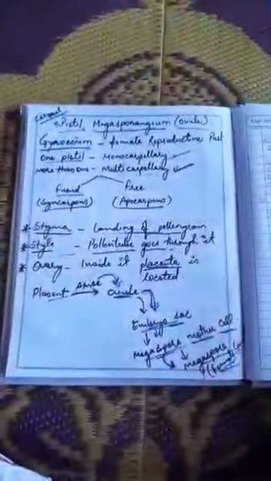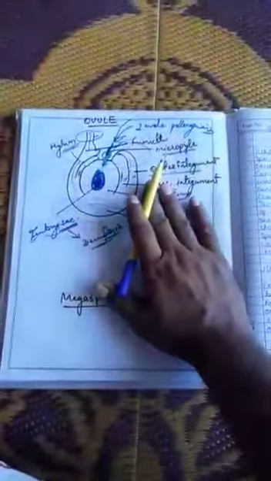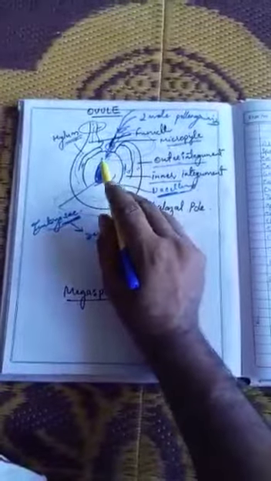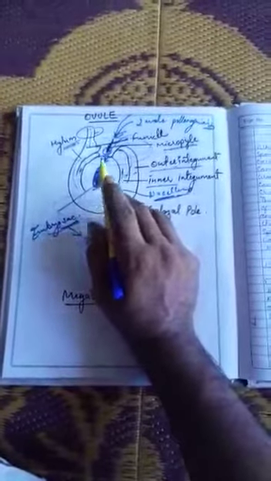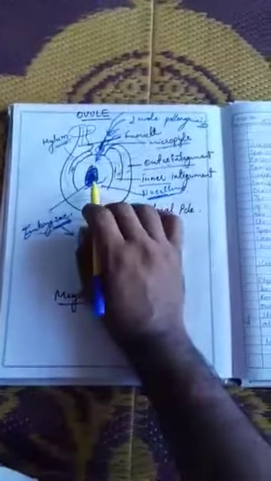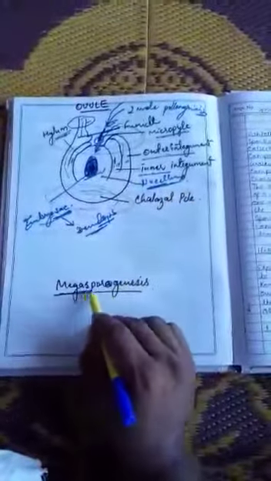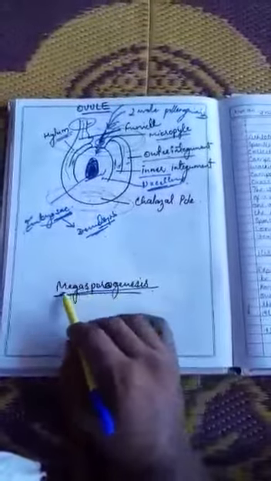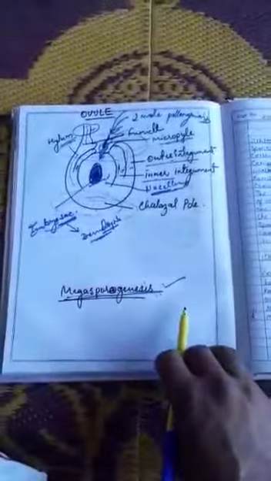Here we studied about the pistil and megasporangium. Here we studied about the ovule, and here we are on the embryo sac. Inside the embryo sac there are megaspore mother cells. These megaspore mother cells undergo meiosis, and then they are converted into megaspore. That process of conversion of megaspore mother cells into megaspore is known as megasporogenesis, which we are going to read in the next section. Thank you very much.